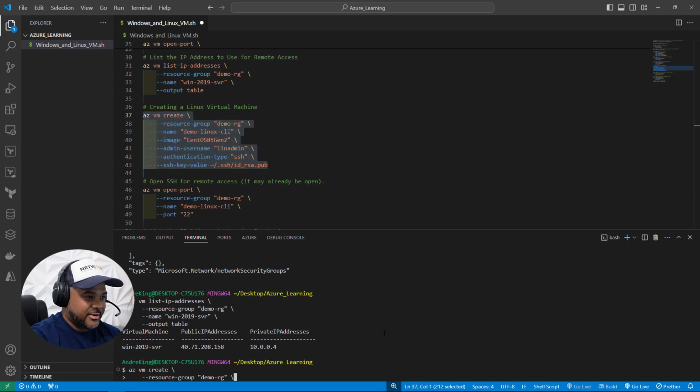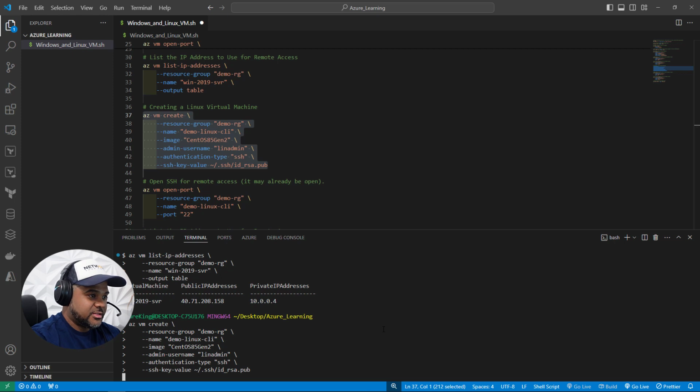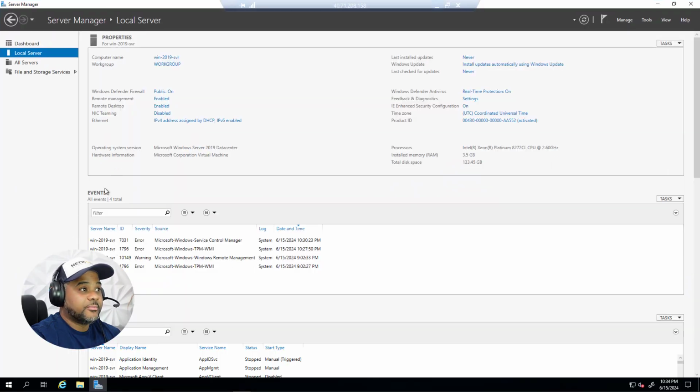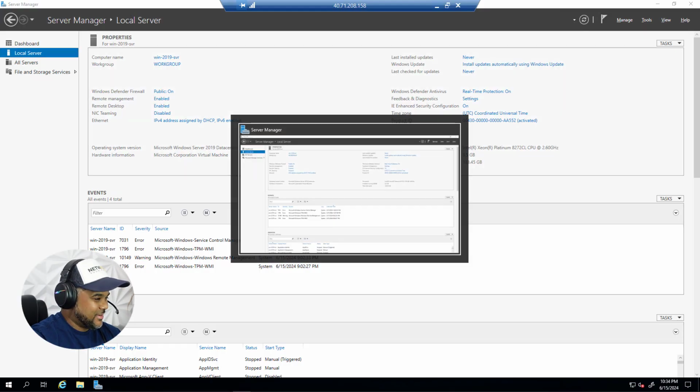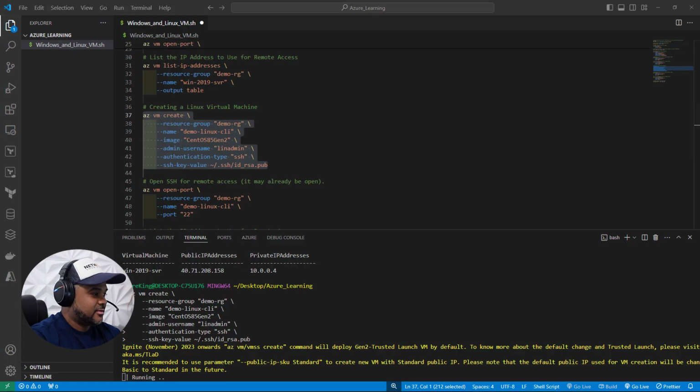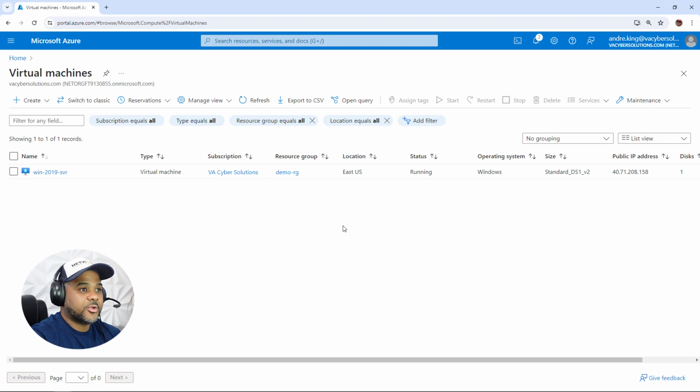So let's go ahead and get this deployed. And we'll see, make sure we see the creating before we hop on over to the portal. Linux one should be pretty quick. There we go, starting. All right, so now back here. Oh, not there. Apologies. Yeah, let's just get rid of that. And let's go here's where we want.